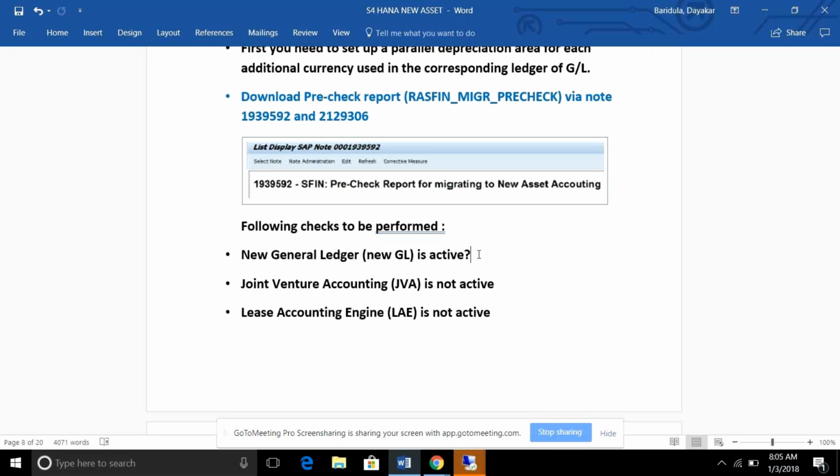The second thing is if somebody wants only parallel ledger accounting, they don't want document splitting functionalities, then for them also it is possible. And the people who want everything, for them also it is possible. For the second and third options, basically you need to implement the new GL first under a separate project, then you can go for S/4HANA. Got it? There are three options.